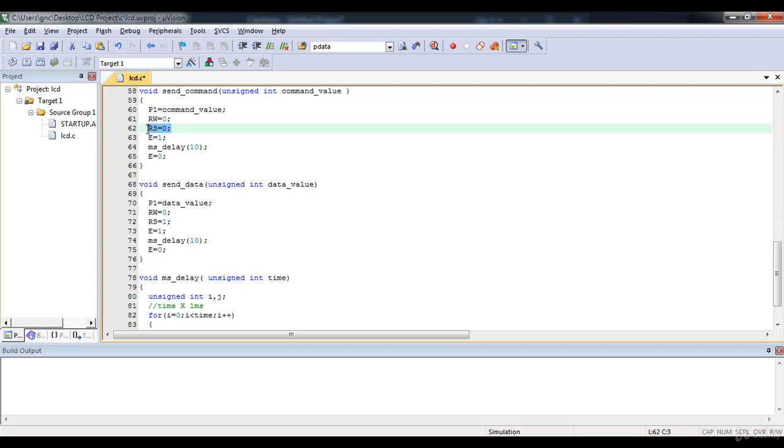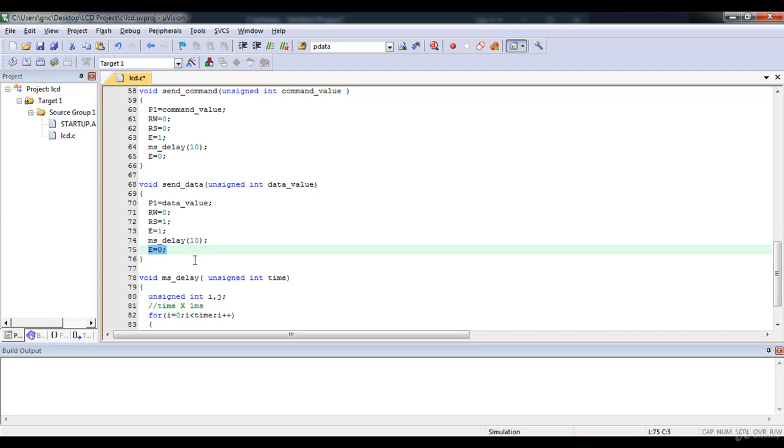0 for command register and 1 for data register. Then once I have written data on port P1 pins, I want to latch this data inside the LCD. I have to give enable logic 1, then some delay, and make enable pin 0.